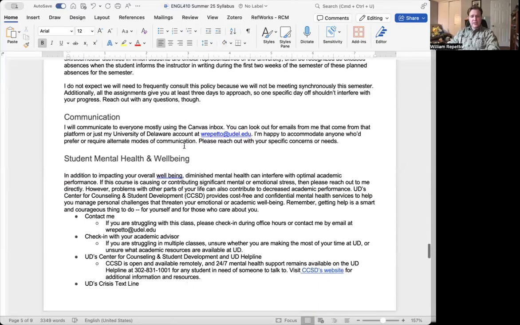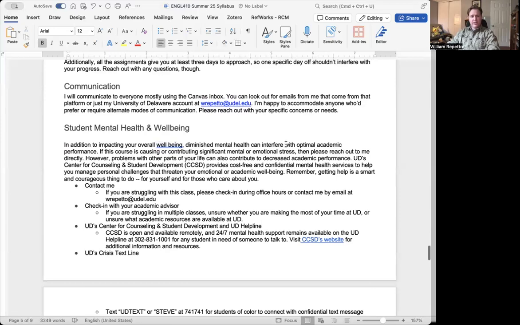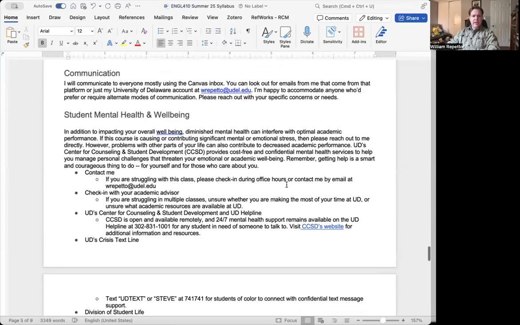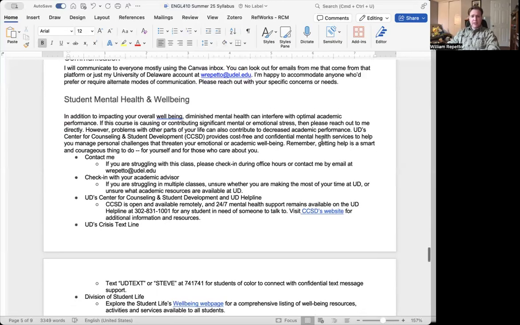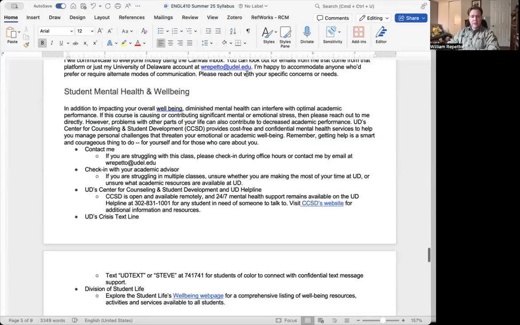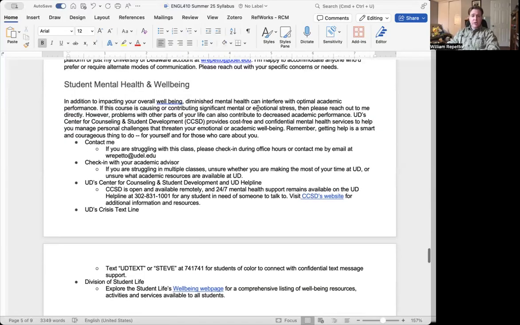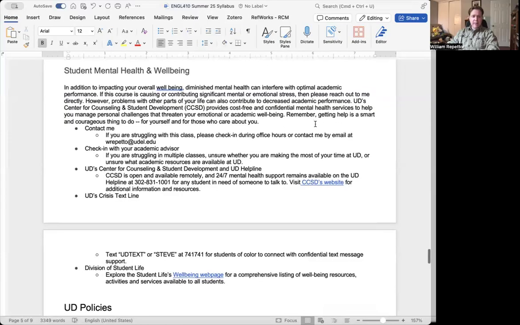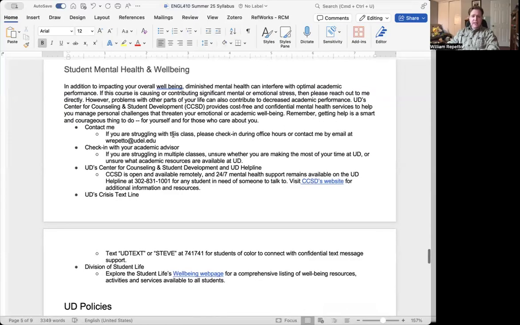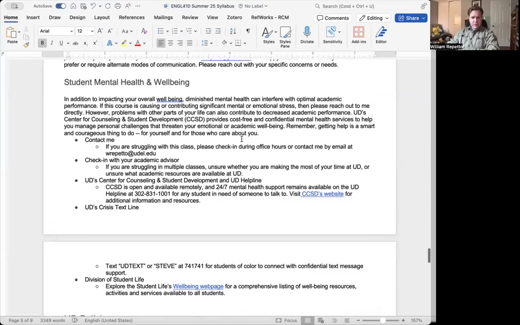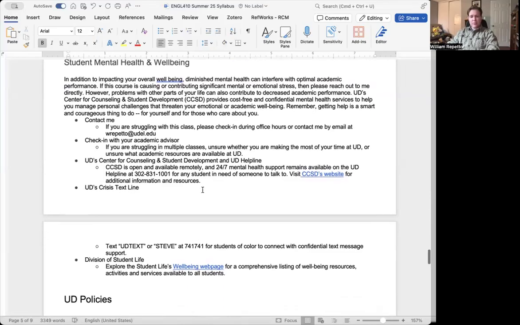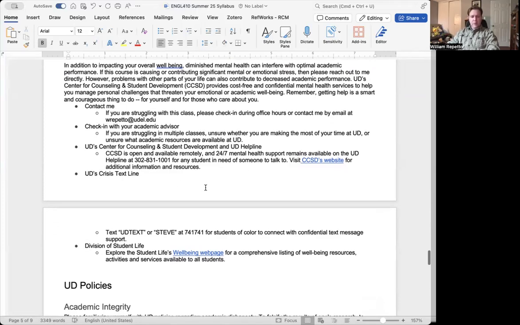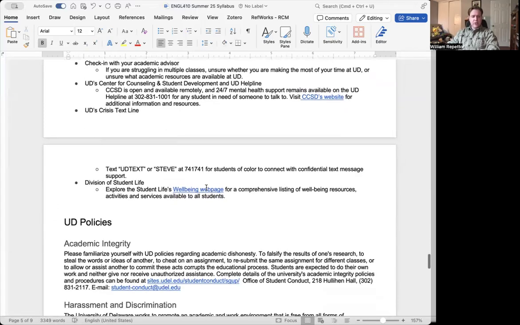This stuff is everything you should know. Attendance, you have to participate on the Canvas platform. It is online and asynchronous, but you have to be there. Communication, I'll use the Canvas inbox for big announcements, and otherwise you can email me anytime at my UDEL email there. If you have any other modes of communication you prefer, please reach out. I'm really adaptable. Mental health and well-being, that always comes first in work and in life and in learning. Here are a bunch of resources. If anything comes up, your checklist first is to contact me and let me know that something's going on.